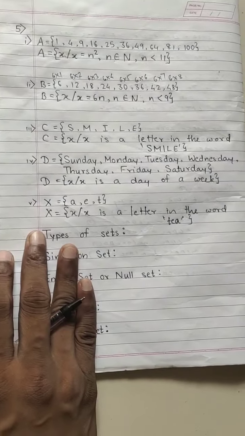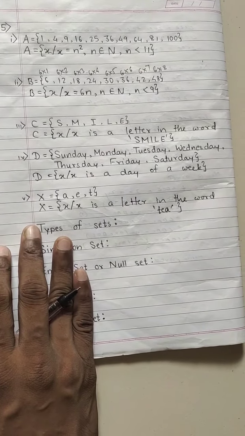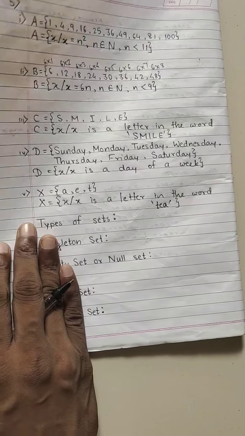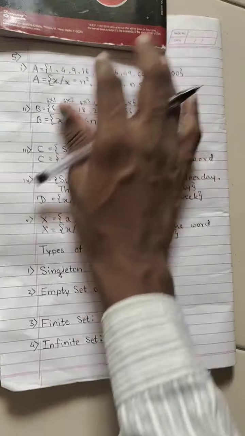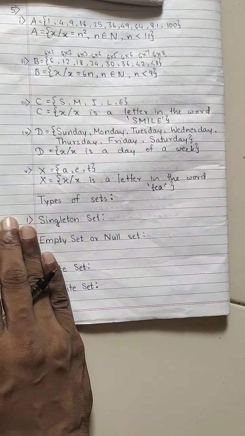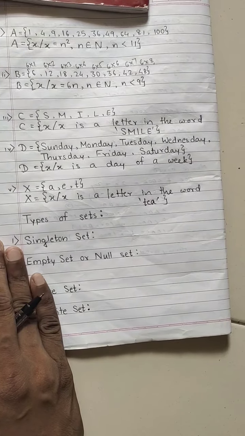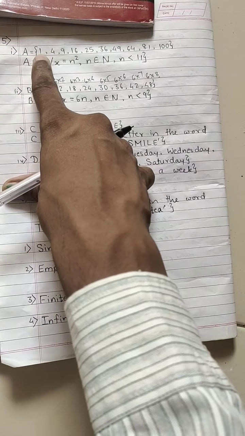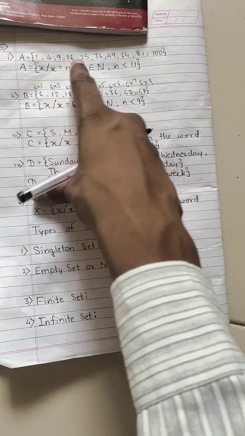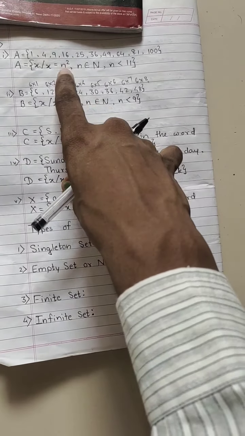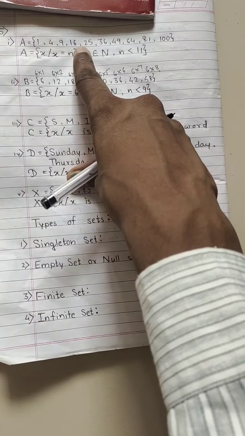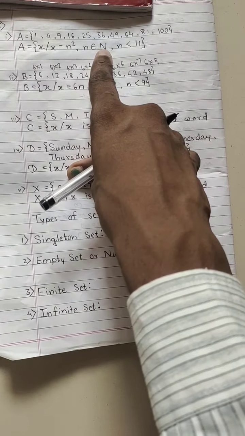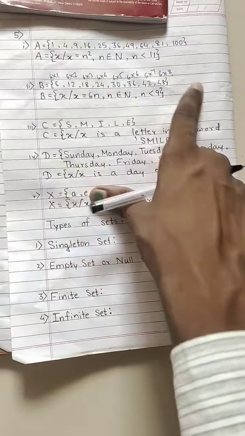In previous lecture we have done question number 1 and 2, and now in this lecture we have done 3, 4 and 5. All the examples I have solved for you, but you have to do the practice of this, and you will try to understand this. This is not simple. See how I have written. First I have decided what is the rule behind the elements of the set, and if I got the property, then I have explained the property like this. In this one I have written square, then I have explained the property of n, that is natural number and less than 11 and so on.